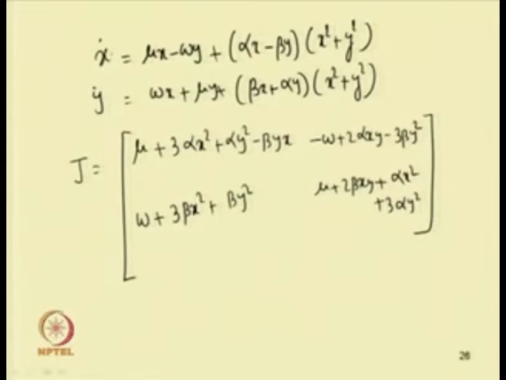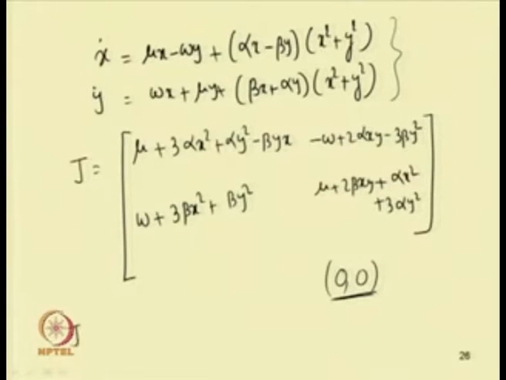So, by putting x dot equal to 0 and y dot equal to 0, one can observe that x and y are 0, 0. So, this is an equilibrium point. The equilibrium point becomes x equal to 0 and y equal to 0, because putting x equal to 0 and y equal to 0 satisfies the first equation, and also satisfies the second equation. So, 0 0 is an equilibrium point.